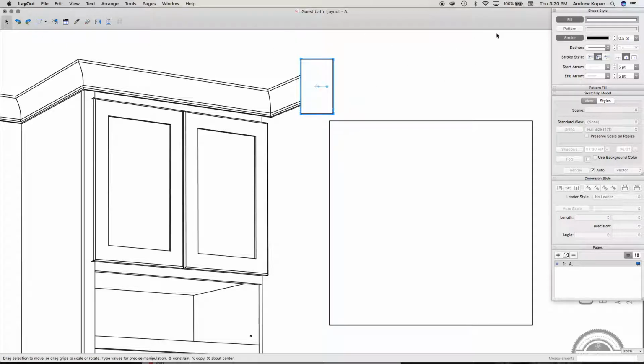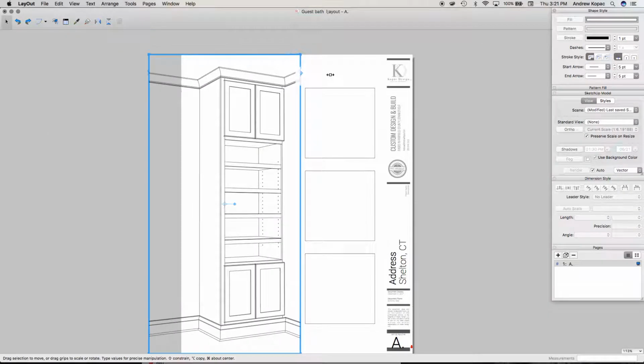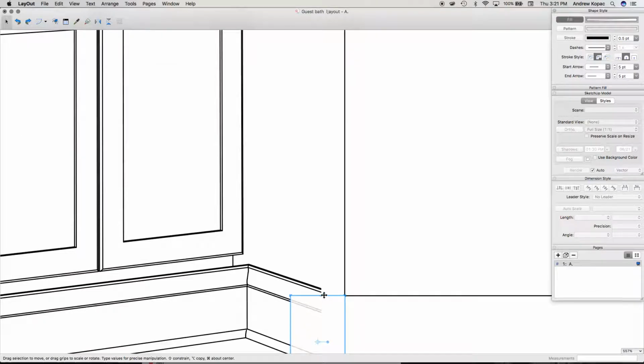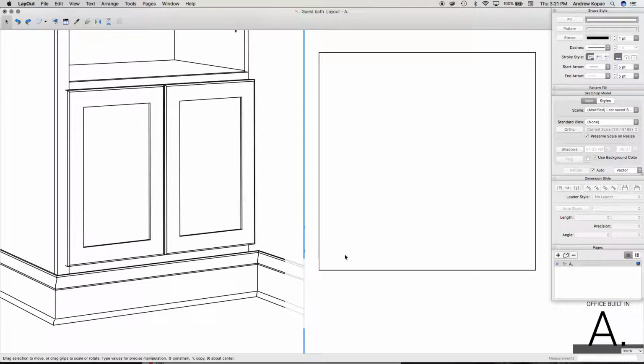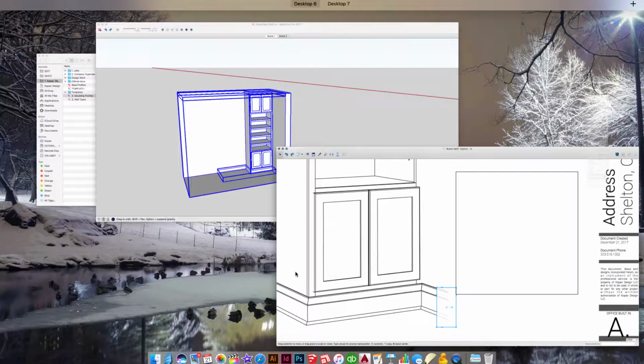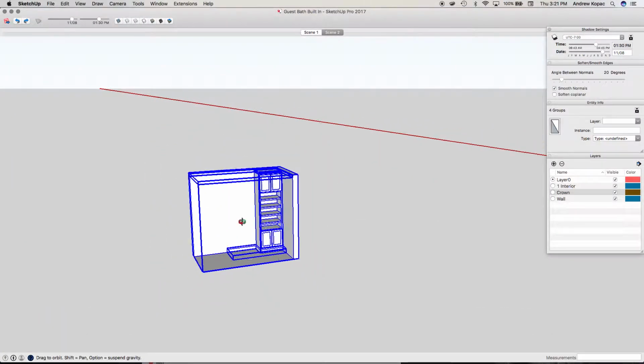But if we go into fill, take off the stroke and put in white, and just go about that. That'll kind of fade it out a little bit if you wanted to. Not really necessary. Okay, so arrange, bring to front, and then what we're going to do is,